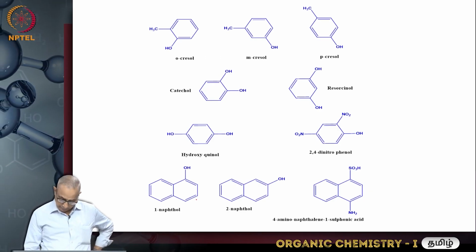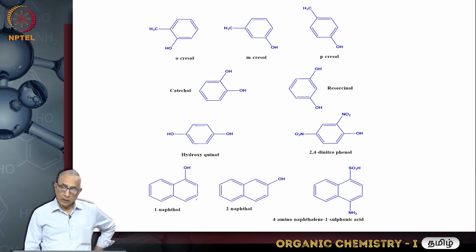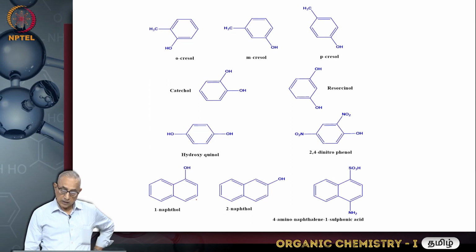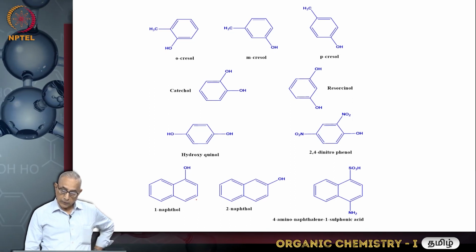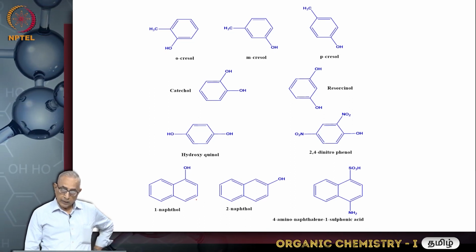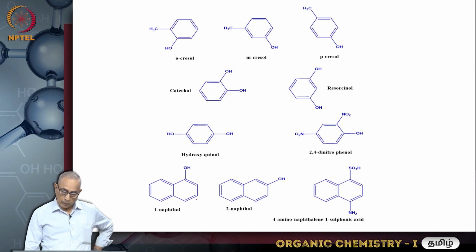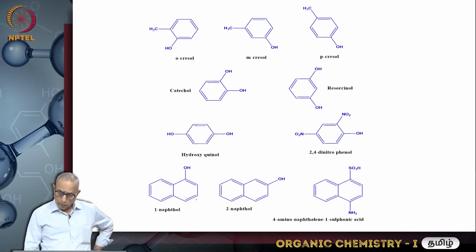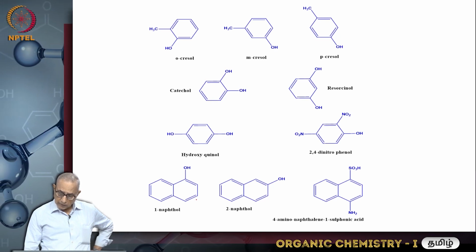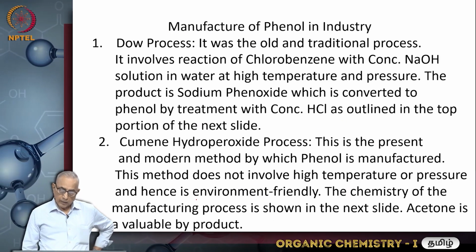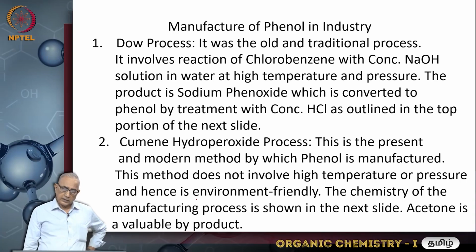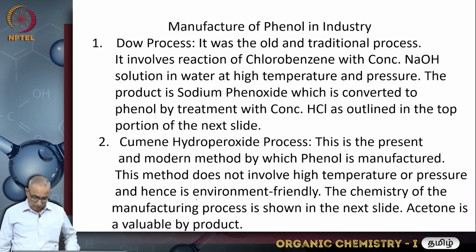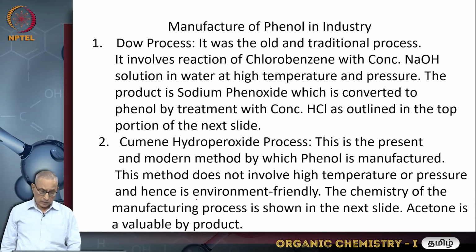We have seen this: phenol, metacresol, paracresol, catechol, resorcinol, hydroxyquinol, 2,4-dinitrophenol, and if there is a naphthalene ring, 1-naphthol, 2-naphthol, 4-amino naphthalene sulfonic acid. We looked at the manufacturing process, the Dow process involving chlorobenzene and sodium hydroxide at high